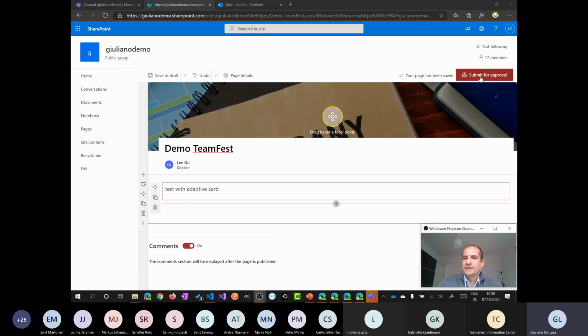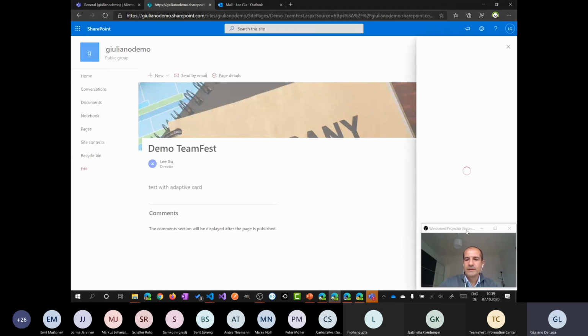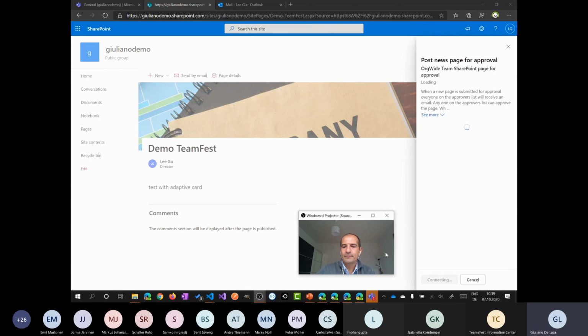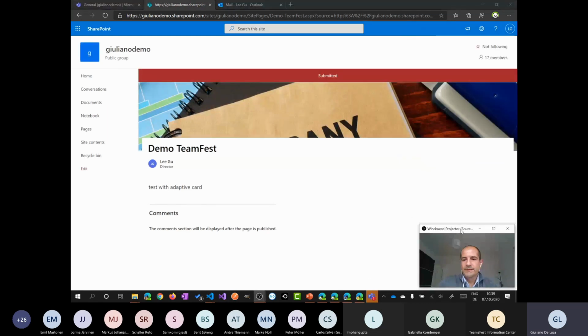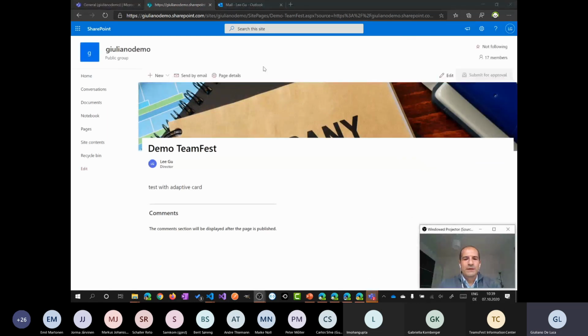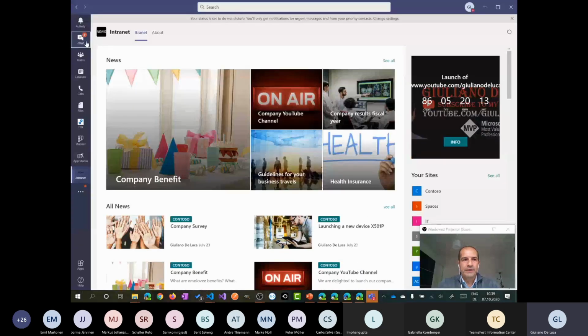I cannot publish this page, this news immediately because there is a workflow behind. So I can click on submit for approval. This will open this panel. And then I will have here a button to submit this news. Please approve this news. Submit, and now this will send an email, and I get already a notification here in the chat